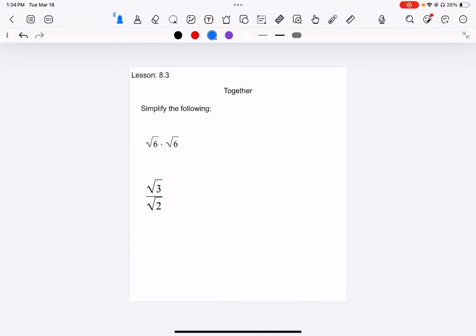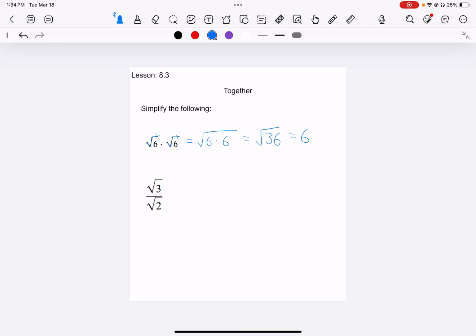This lesson is on multiplying and dividing radicals. When we're multiplying radicals, I can multiply the numbers under the radical together. So here, radical 6 times radical 6, I can combine them to just make it radical 6 times 6, which is radical 36, which is equal to 6. When you're multiplying the same number with the radicals, they just cancel out and you're just left with the singular number,